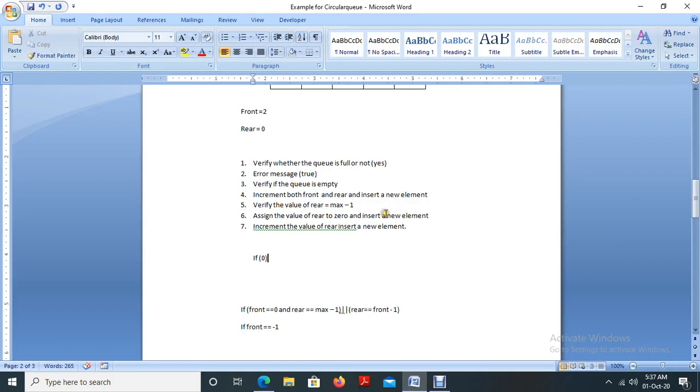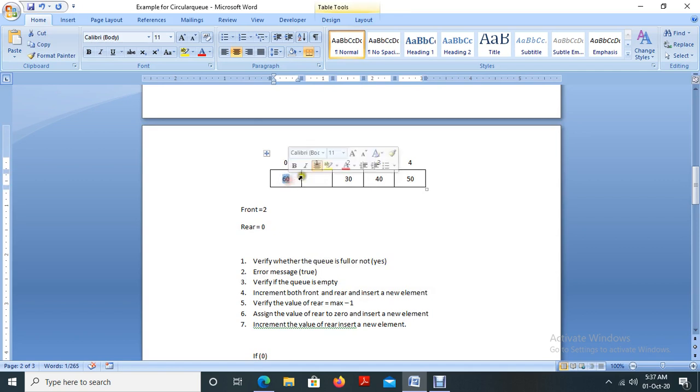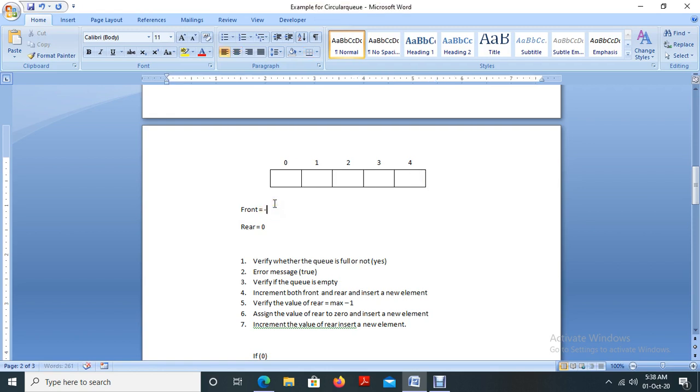Today we are implementing the circular queue using an array. Before discussing the implementation of the circular queue, I just want to remind you, revise the concept of a circular queue here. So here we have front value and rear value. Initially, before starting the program, the value of front equals -1 and rear equals